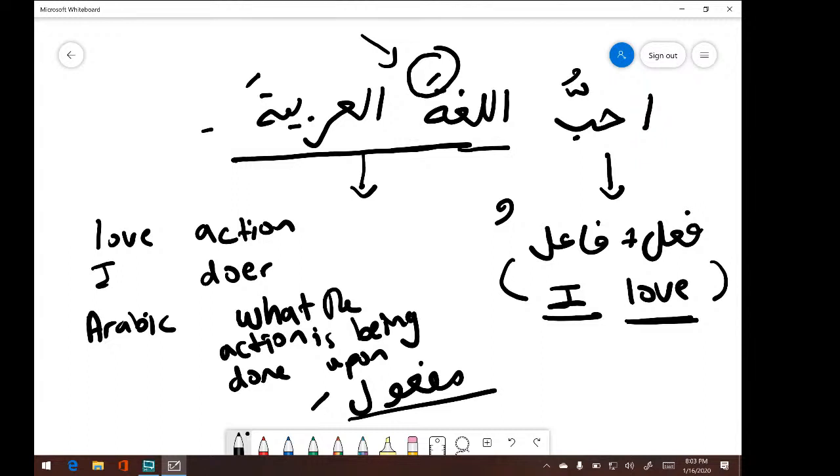Mawsuf sifat, exactly. So, lughata is mawsuf, Arabiya is sifat. That's why both of them have alif lam, both of them are specific, and both of them have the one fatha. Right? Clear? That was all I wanted to point out. That just to jog your memory about the fi'l, fa'il, and maf'ul. Now let's move on to lesson 2.